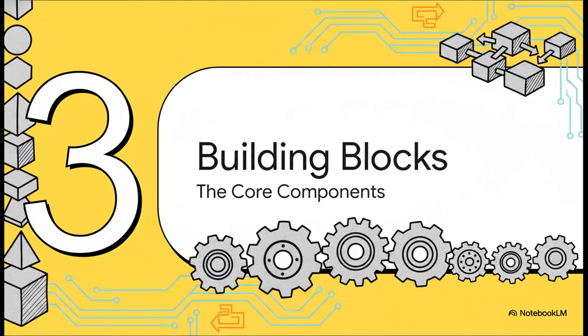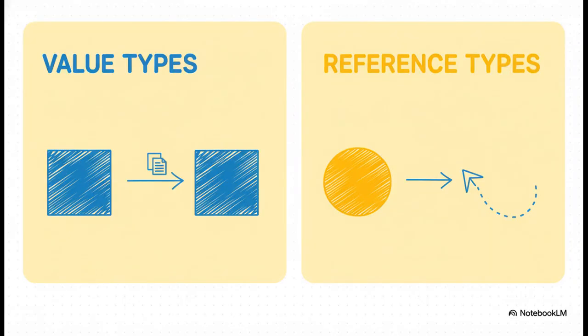Okay, so we've seen a simple example. Now let's get into the real building blocks, the Lego pieces, if you will, that let us build much, much bigger things. Now, this is an absolutely critical concept in Solidity. Data gets handled in two different ways. You have value types, like a simple true, false, or a number. When you use them, you're always working with a fresh, independent copy. Then you have reference types, like a list of items. With these, you're passing around a pointer to the original data. Understanding this difference is key to writing code that's safe and efficient.